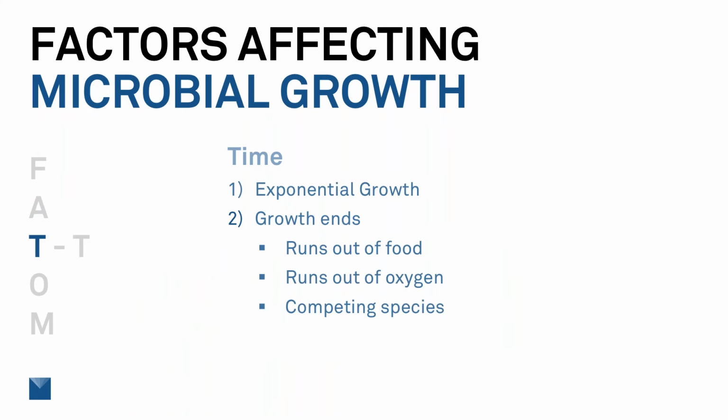Time. For microbial growth, it's an exponential growth. And what that means is that if you have an initial population at time, let's say 1, and then by time 2, it would be doubled. By time 3, it would be 4 times, etc. And it would reach 4.3 billion times by time 7. So it's really key to stop microbial growth in regards to time very early on before it gets out of control. Now, this growth will continue until it either runs out of food, runs out of oxygen, or there might be a competing species that's also vying for the same nutrients and other things that that microorganism is looking for.